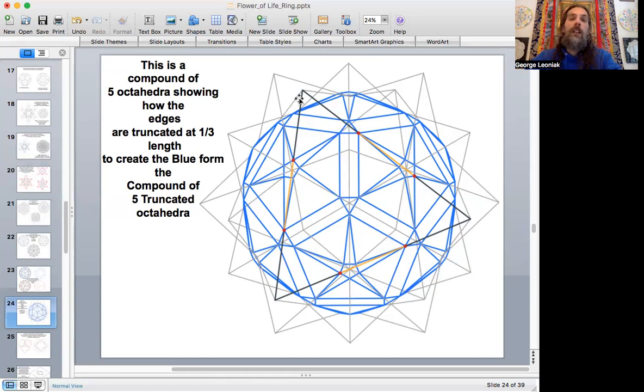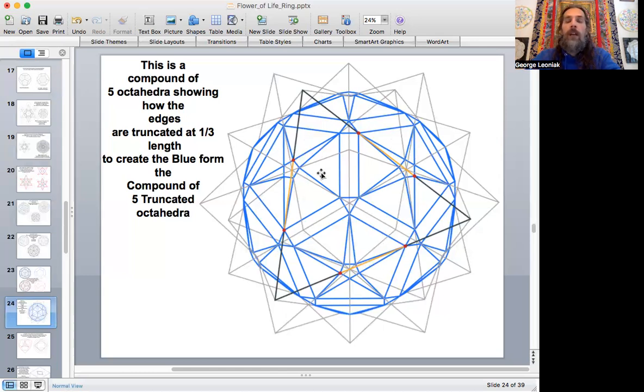And then all of a sudden, you're going to get an icosahedron, which looks like this one over here: pentagon and triangle faces, 12 pentagons, 20 equilateral triangles. So we're just making panels between those vertices. But if you strip those panels away to see the crisscrossing of the octahedra underneath, this is what it looks like. So what I did in this drawing here to first get to this blue form,